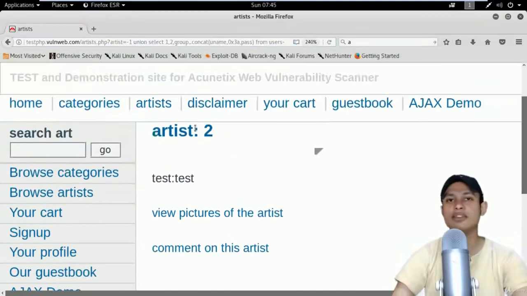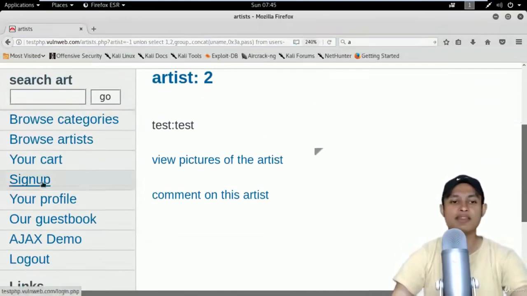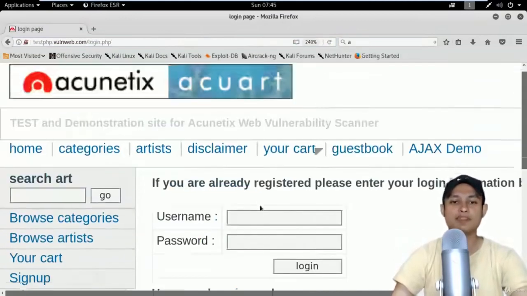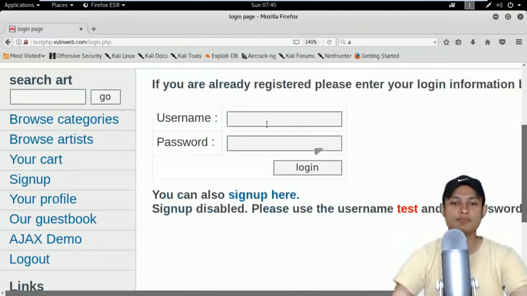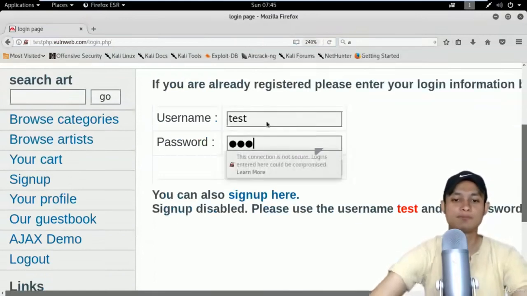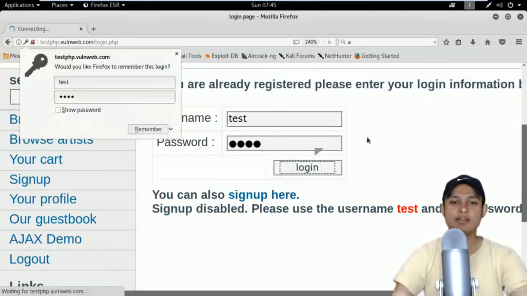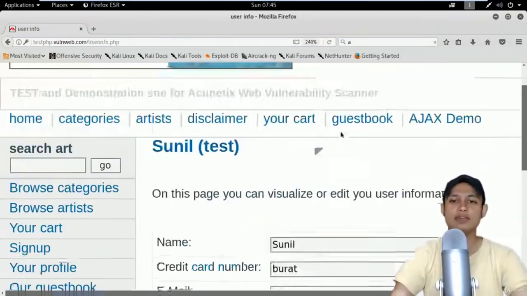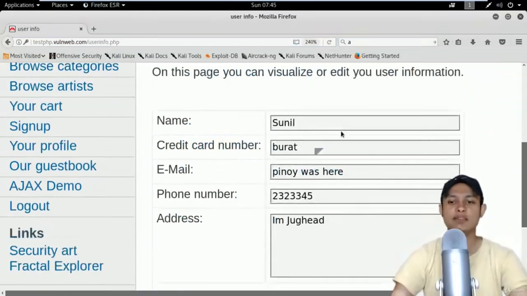So without using any tool, you can also attack on a website using SQL injection vulnerability. That's great. Now you can basically go to the sign up page, type the username, test, type the password, and basically you can click on login page, and here you can see that we are inside that login page,